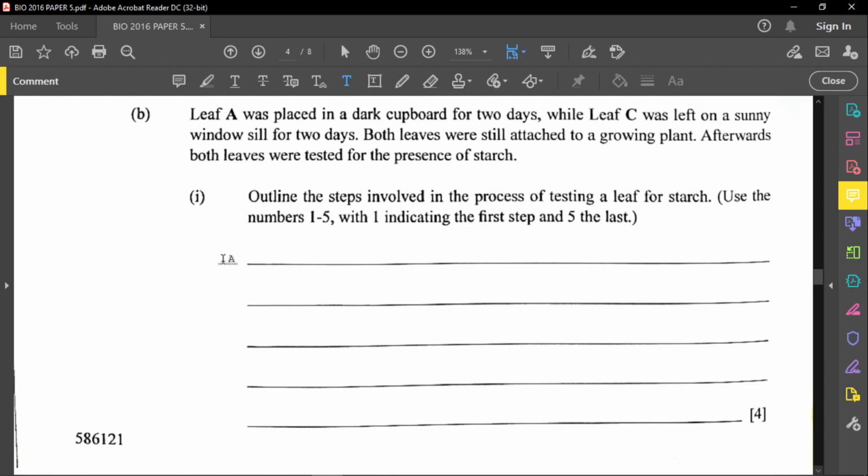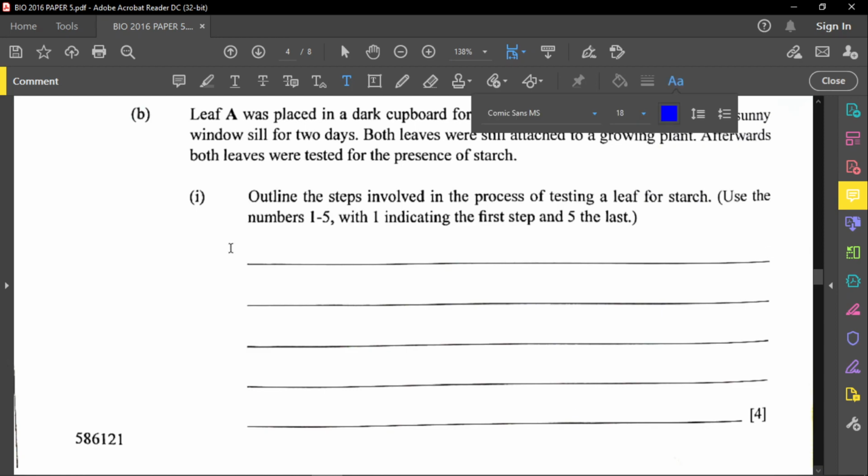All right, so the first thing I'm going to do here, let's call this our step 1. So step 1, what you'll do here is to boil the leaf. You want to boil the leaf here for approximately 30 to 40 seconds, okay? That's the first thing you want to do. All right, so for step 2 now,